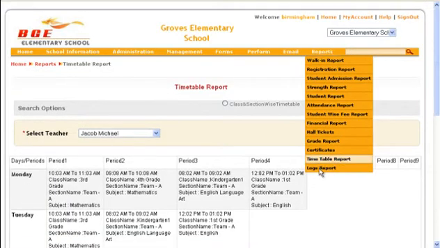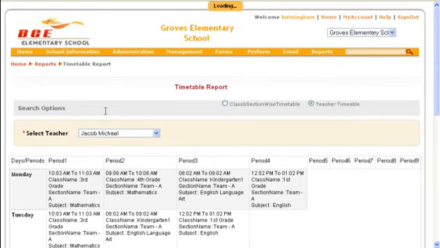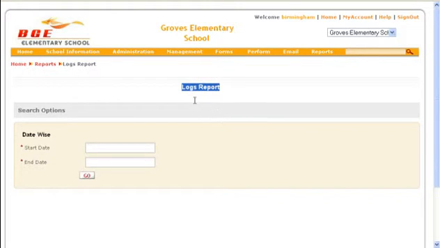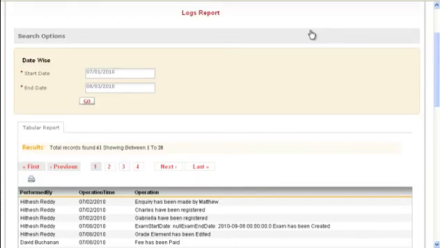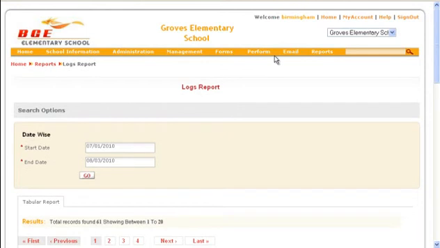The last report for this institution is Logs Report. This report gives information about the users logging into the application and the tasks performed by them in tabular mode between the specified dates. The administrators can take out the printout of this report and can analyze the report further. It helps the management and the administrator to keep track of the users and their tasks performed in the application, thus avoiding unreasonable results or activities.